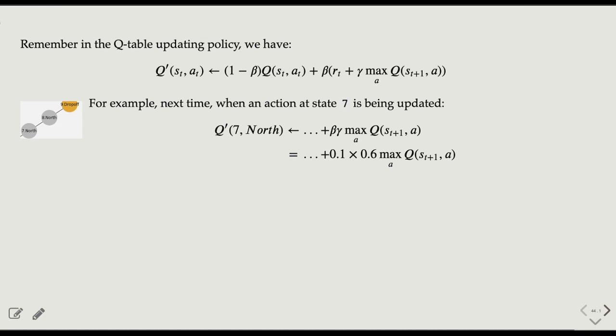Let's move a step back. Remember, in the Q table updating policy, we have this part for the current value to retain the current value. And then in the second part, for the learning we also have two parts. One is the reward for this particular action. The other is gamma times the maximum reward that you can receive from the next step. For example,